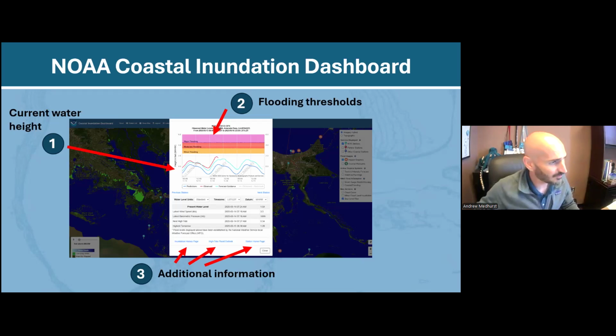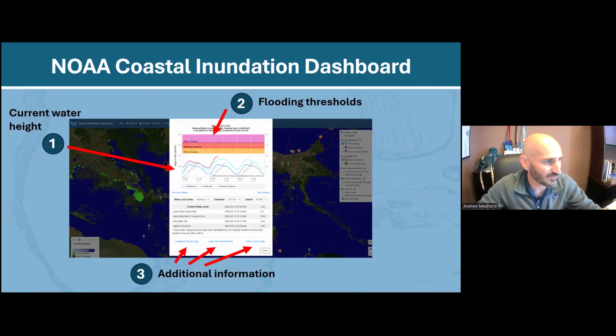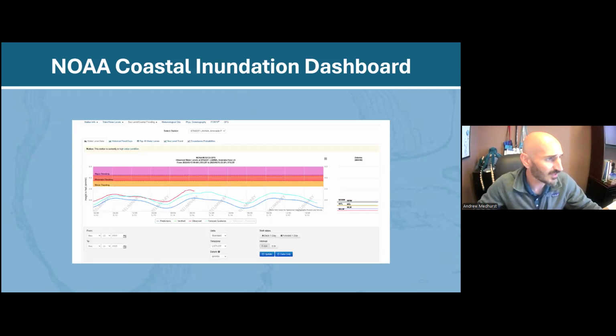Across the bottom here, you'll see additional information. When you click on each of these blue words across the bottom here, it will take you to another page that has all sorts of historical information about that specific tide station that lets you go look back in time at what some of the flooding thresholds were. So for example, when we click that very first button there that says inundation history page, it brings you to